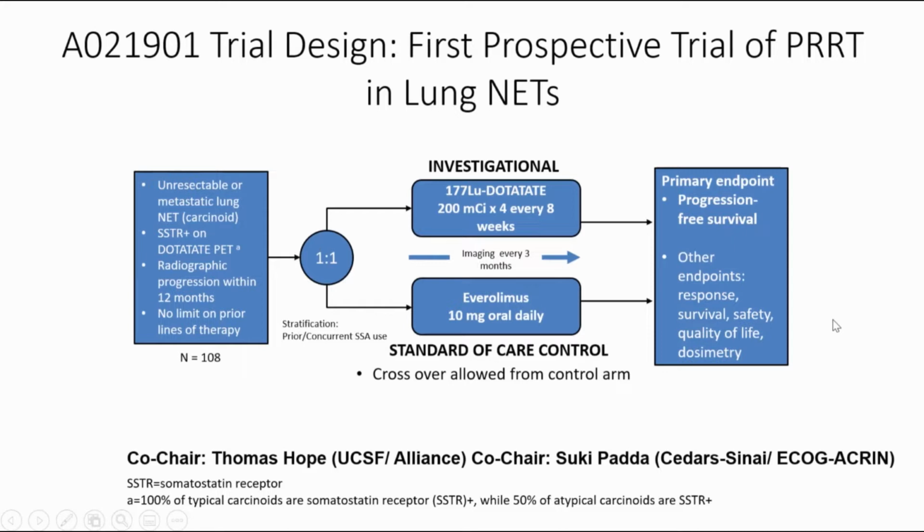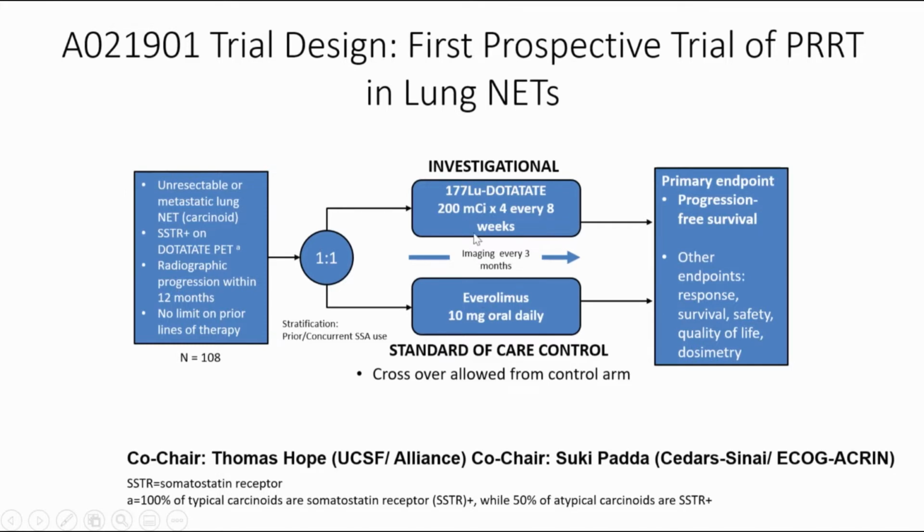It's enrolling patients who have unresectable or metastatic lung neuroendocrine tumors. Their tumors have to have activity on the somatostatin receptor PET scan, and they can either be treatment naive or have received a number of prior therapies. They're randomized 1-to-1 to lutetium-177 dotatate, which is an investigational agent for this trial, versus everolimus,